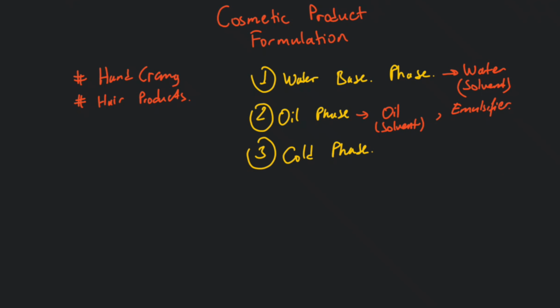The main aim of the emulsifier is to combine the oil and water phases homogeneously. Basically, we heat these two, oil phase and water phase, to about 60 Celsius. It can go up to maybe 70 Celsius, but it shouldn't exceed that amount since there are some